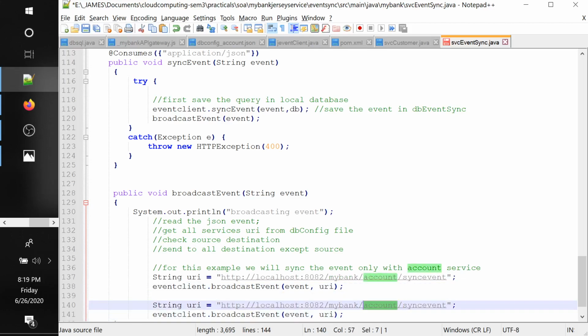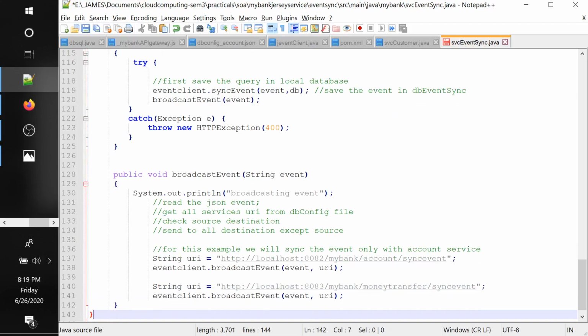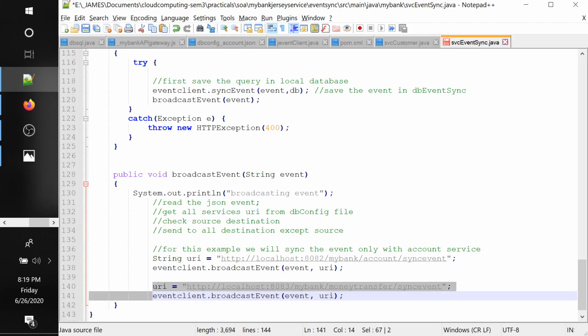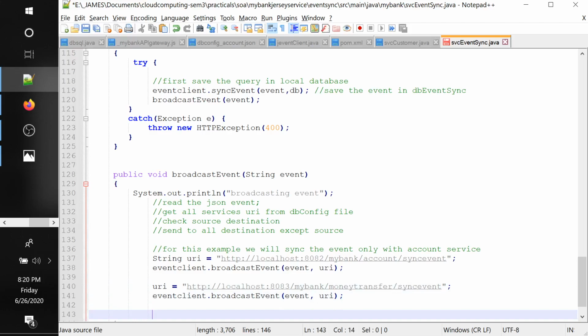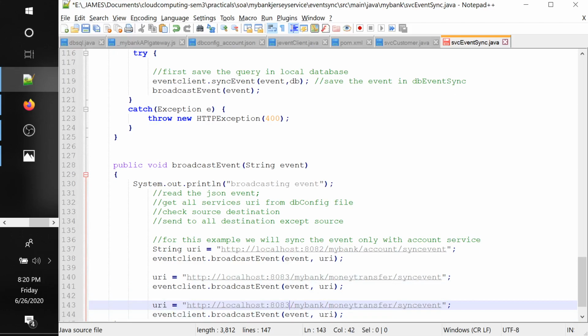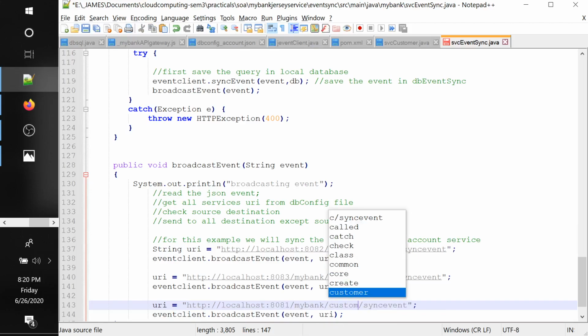So this will become money transfer, and this is going to run on port number 83. So I'm broadcasting on port number 83, and in the same way I can broadcast it to customer also. In case of customer, it is running on port number 81. So it is as simple as this, the broadcasting.